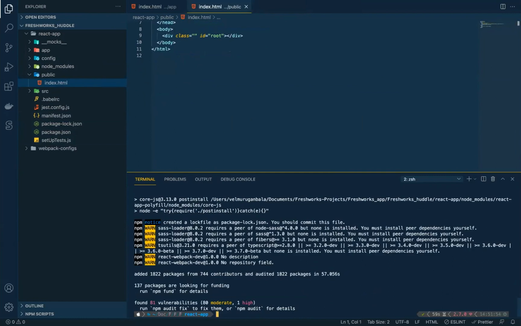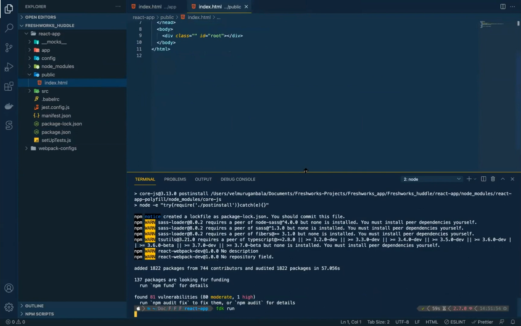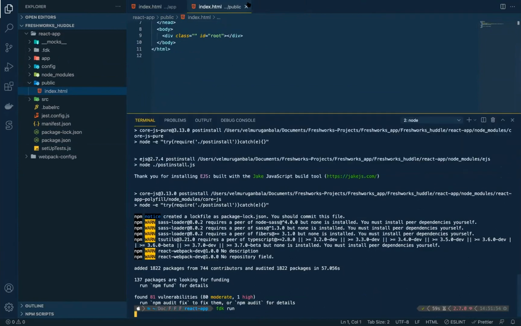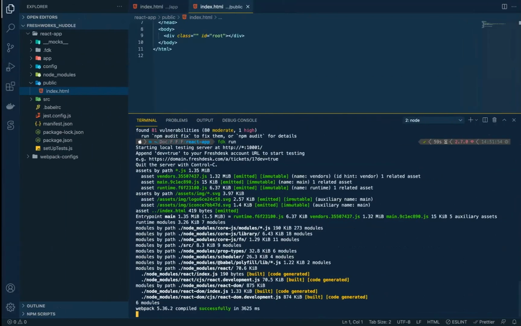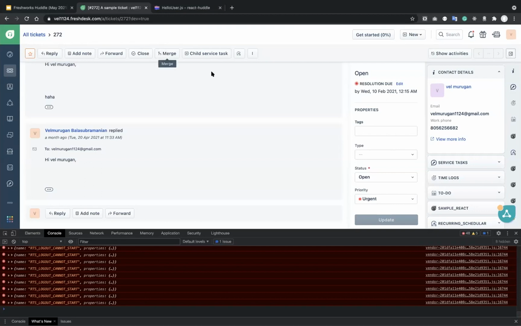So let's go to the terminal and run this app. FDK run. This might take a couple of seconds compared to your normal app, because Webpack has to compile all the components into assets and serve them. Oh, it's done quicker than usual. So let's go to a browser and check what happened. I have a portal here with the tickets page open, and I've also added question mark dev equal to true to look for local projects.